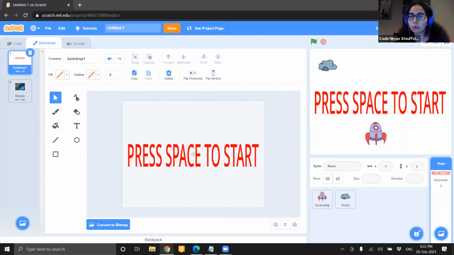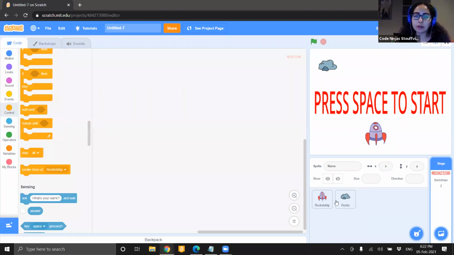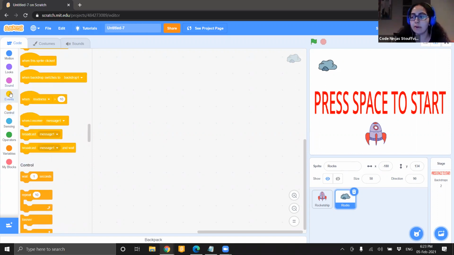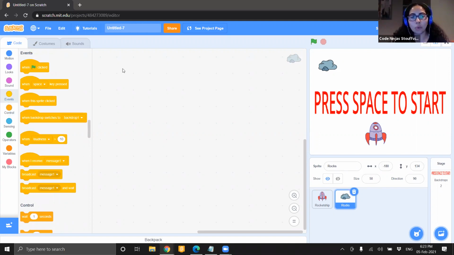Okay, so let's go ahead and go back to code. And you're going to go ahead and click on the rock again. So now is when we're going to put in the movement of the rocks and the background change. So we need to start with the background change. What we're going to do is in the rocks, you're going to go to events in the yellow. We're going to tell it when the flag is clicked,